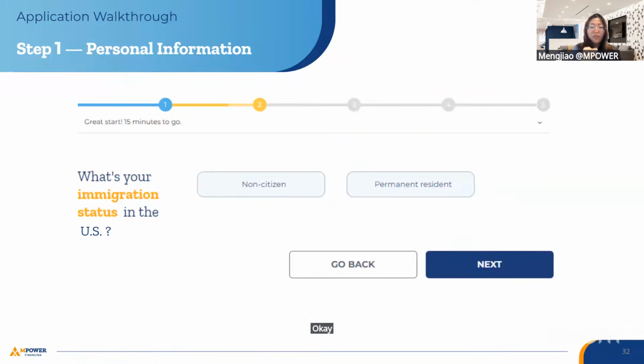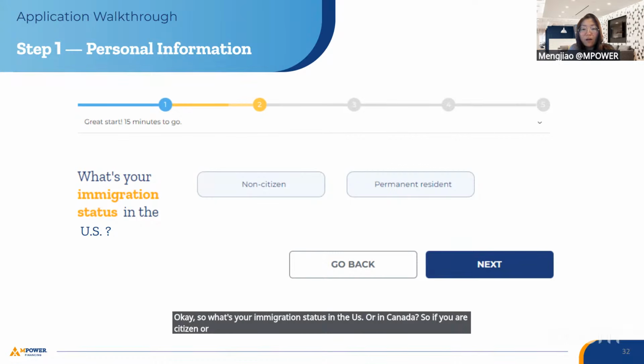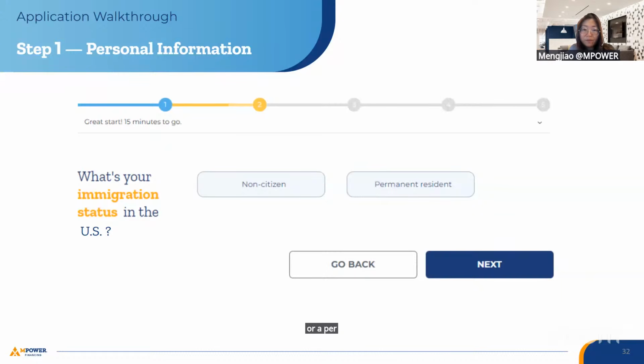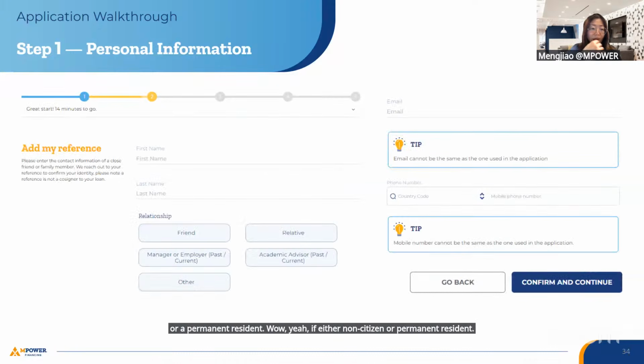Okay, so what's your immigration status in the US or in Canada? So if you're a citizen or not, or a permanent resident. Well, yeah, either non-citizen or permanent resident. Okay, and then you need to add your reference. So this is required.